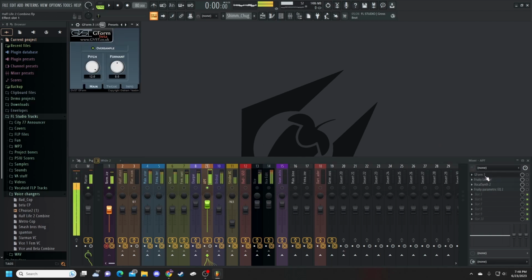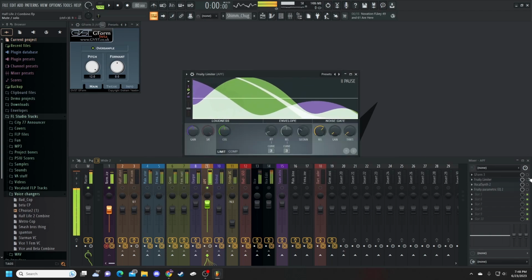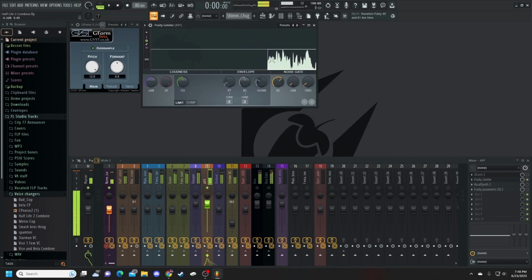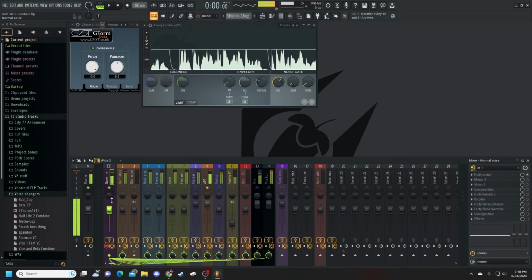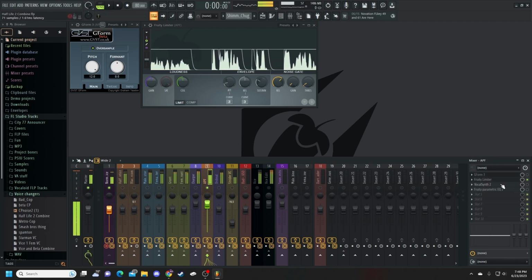You don't have to touch it just yet, but it's good to have for later use. Of course, as usual, we want our limiter to make sure that there is no noise in the background. Do this as you please, as sometimes the limiter is not really needed, especially if you're doing what I'm doing here, with one channel containing your main voice, and the rest of the channels not really needing the limiter active at all. You want to have vocal synth on here,